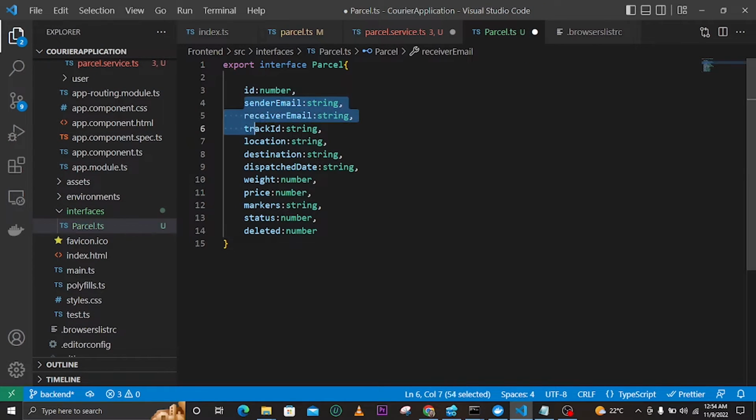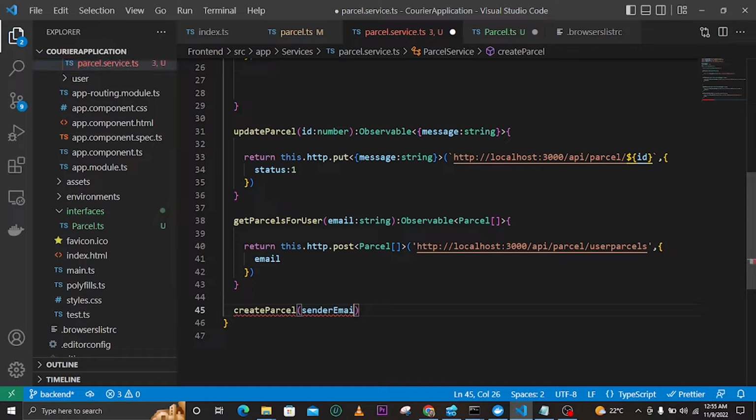Let's copy this. We need all these here up to markers, all of that, because remember this ID will be incremented automatically. We don't need to add this, and in our table it will be auto generated and it will be incrementing. And this status here should be by default 0, and deleted should be 0. Status has a value of 0, and deleted has a value of 0. So now let's go here, paste everything here,